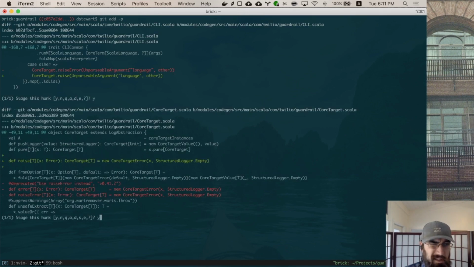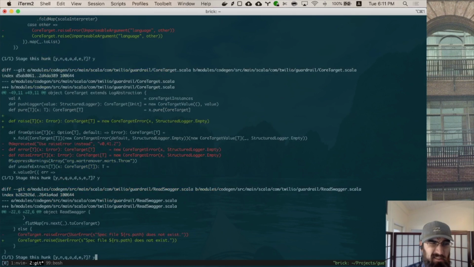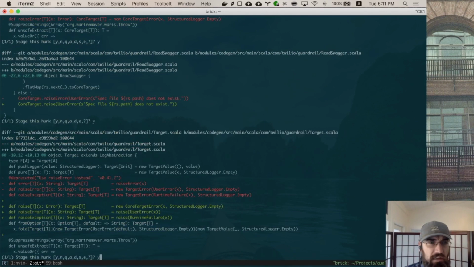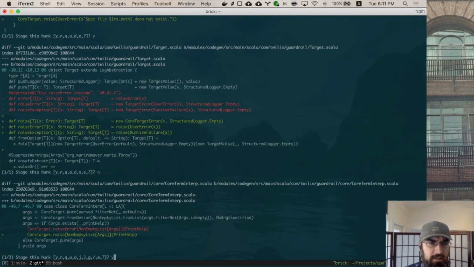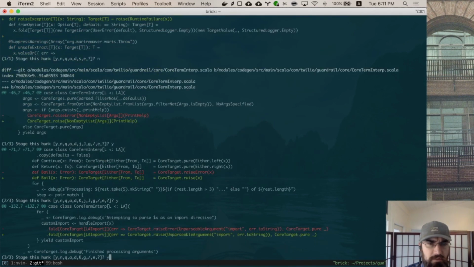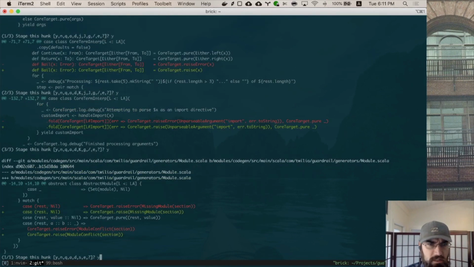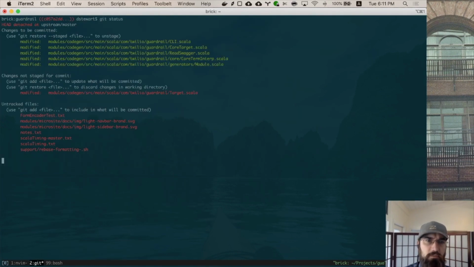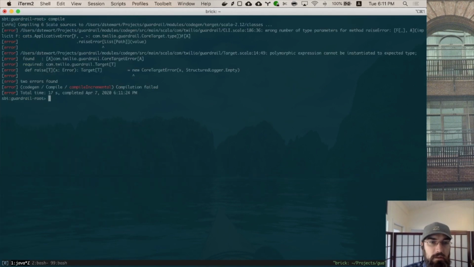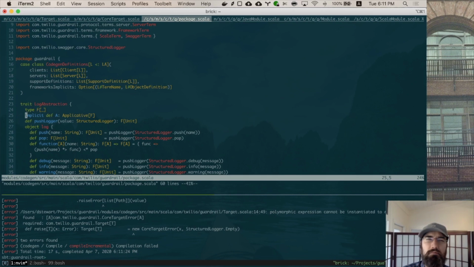Raise, raise, raise. These don't need to be there yet. This is the only thing that we're going to change, CoreTarget to be more compatible with target. Wrong number of parameters for raise error. Type parameters for raise error. This isn't CLI. Oh. Right, because